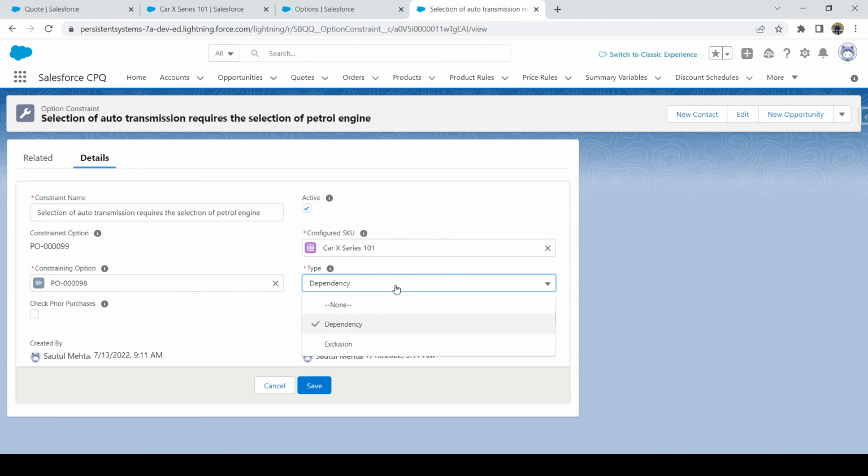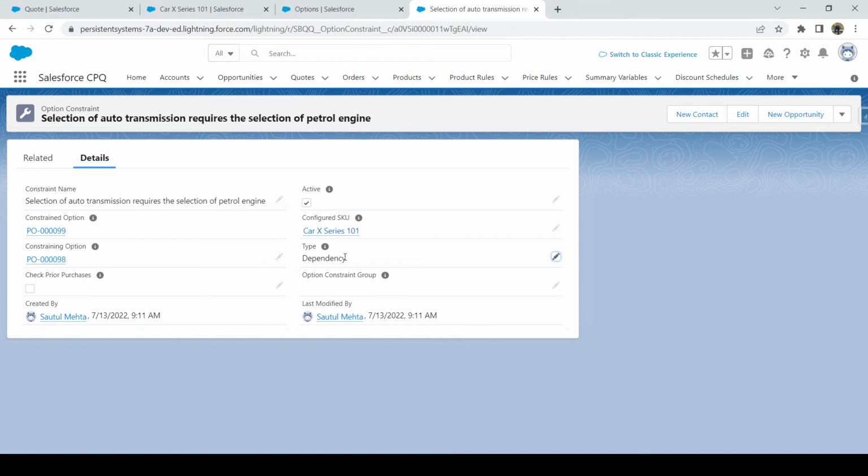We'll talk about it in upcoming videos. For now, let's focus on the type dependency. Here the selection of petrol engine is mandatory, so that is the constraining option, and once we select the petrol engine, the selection of auto transmission becomes available. That is the constrained option.